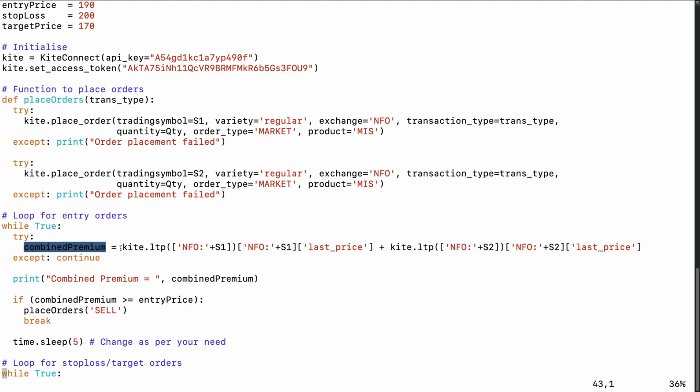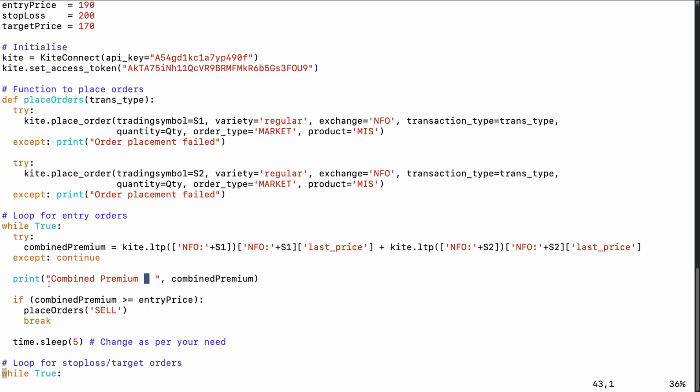So just remember that kite.ltp returns you the last traded price which we are interested in for both symbol 1 and symbol 2, and I am adding both of them together. Once this piece of code is successful, it will come to the print statement. Again, this print statement you can ignore later on if you don't want it. Just put a hash or delete it. This is just for our reference, to keep printing on the screen what is the combined total price of these two strikes.